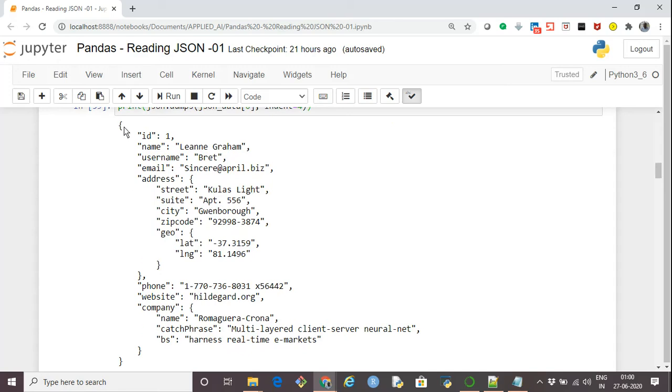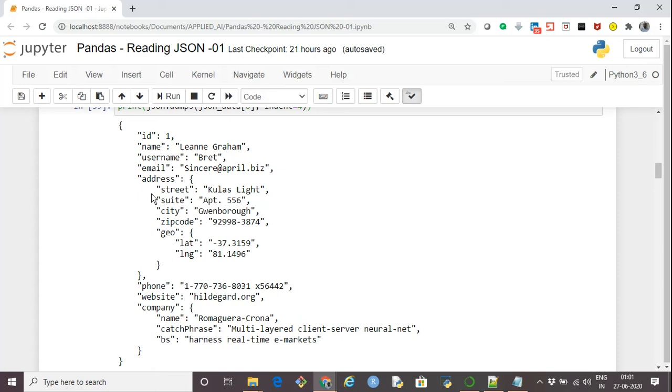If you see, this is a dictionary, and in a dictionary we have key value pairs. This is what we said. JSON data is sort of like a dictionary in which we have keys, and corresponding to keys there are values. So the key is ID, its value is 1. Another key is name, the name of the person, username, email ID, and the key is address, and then its value.